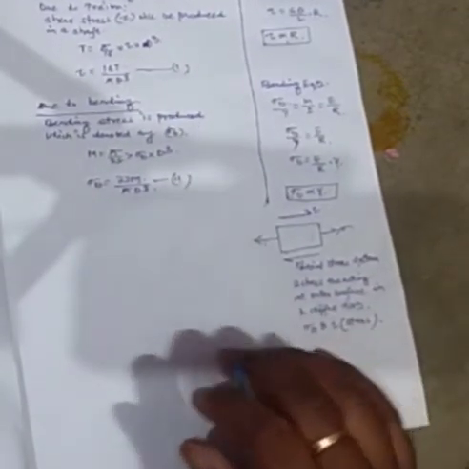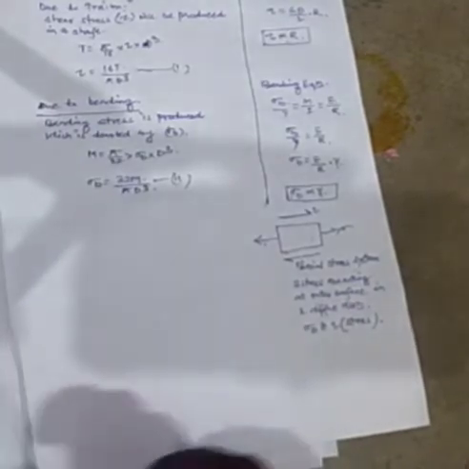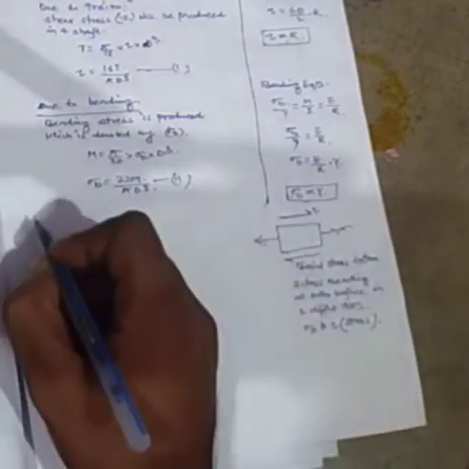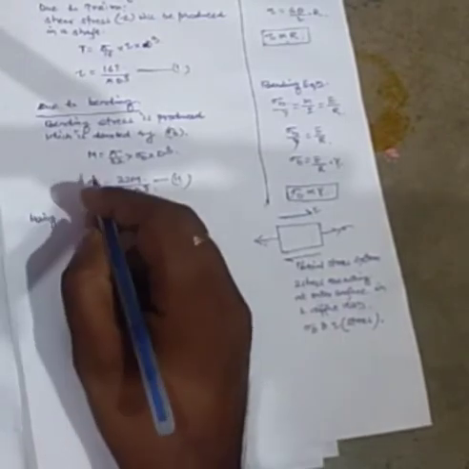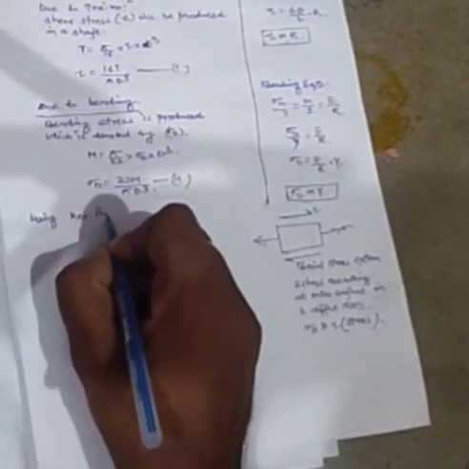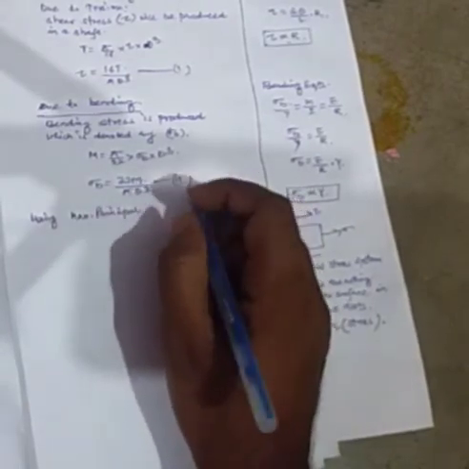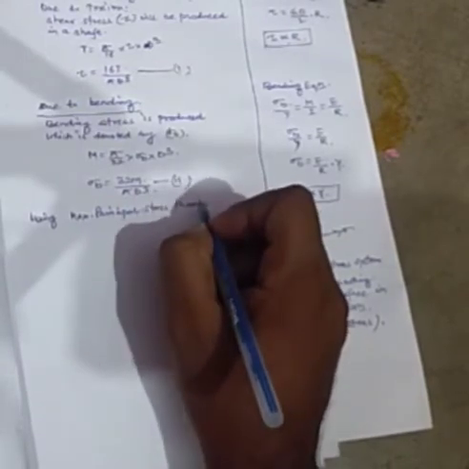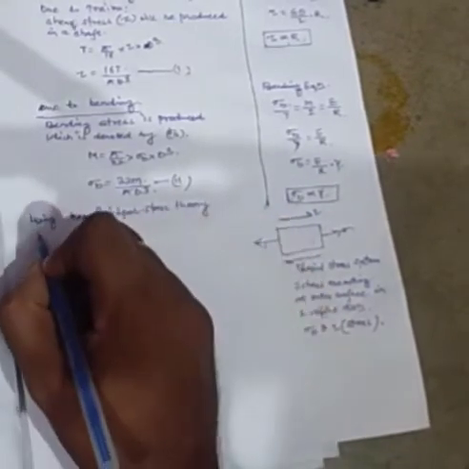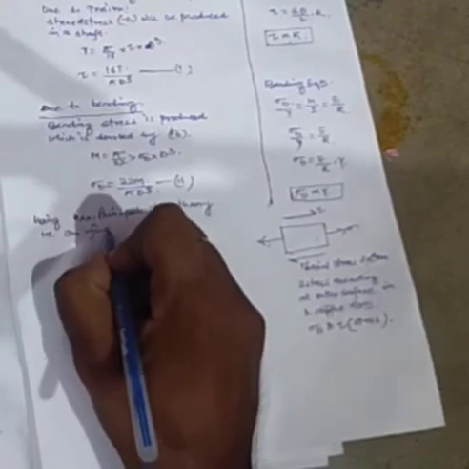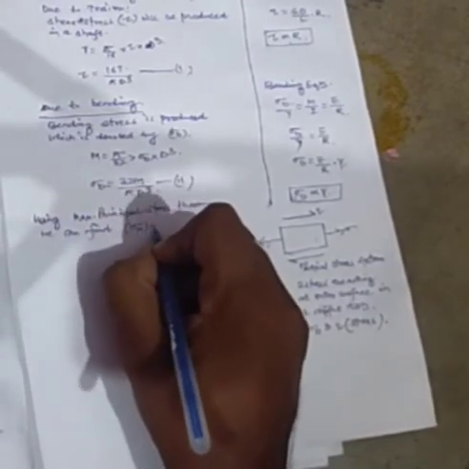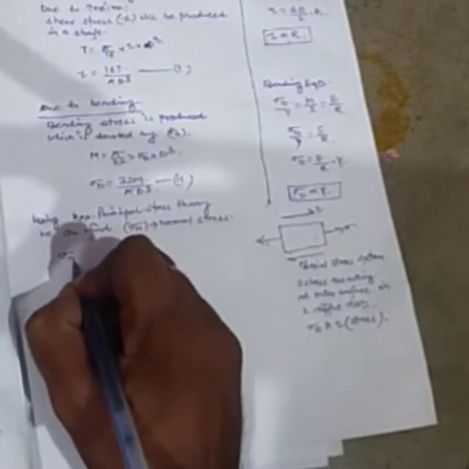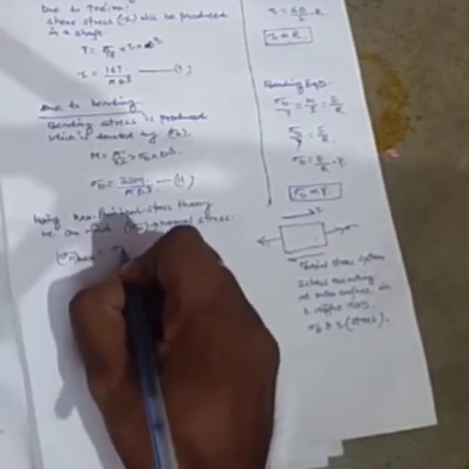Okay, so what will happen when the case is of a biaxial stress system? We are going to use the maximum principal stress theory. By using the maximum principal stress theory we can find sigma n, that is the normal stress. For this we have the formula, sigma n max is equal to sigma b by 2